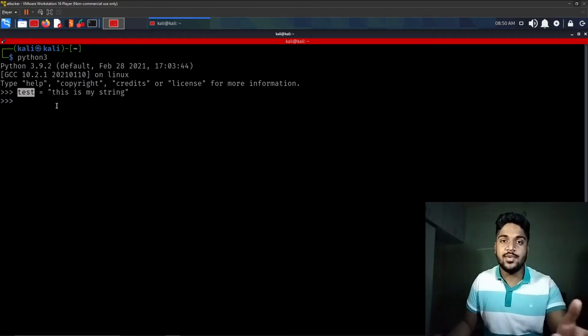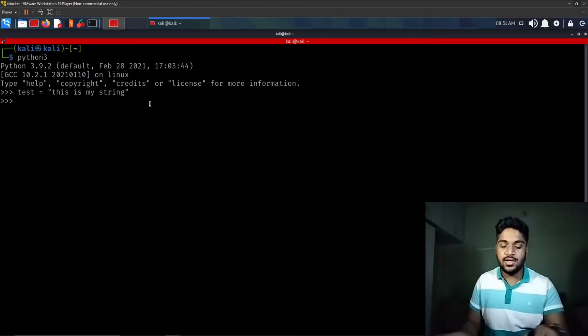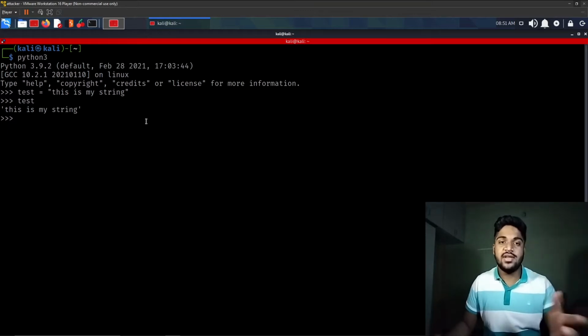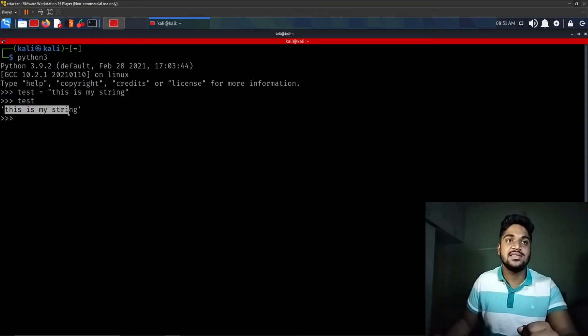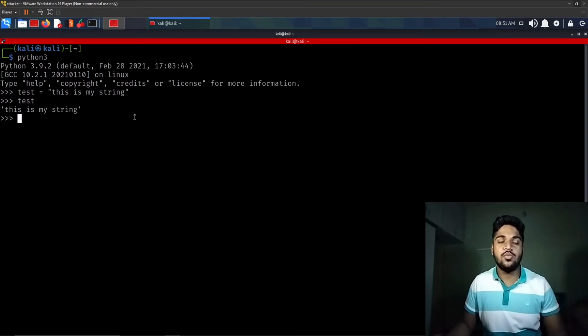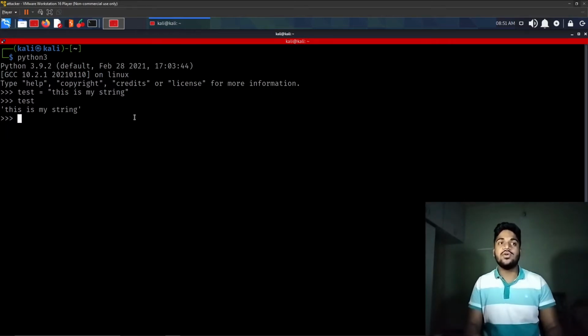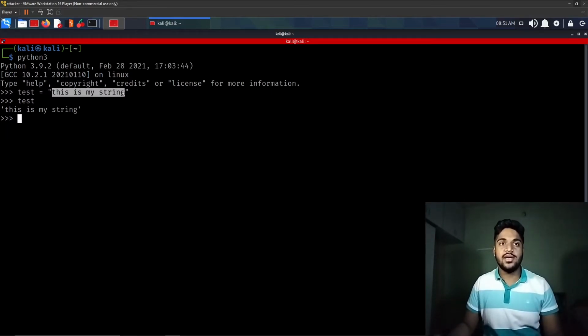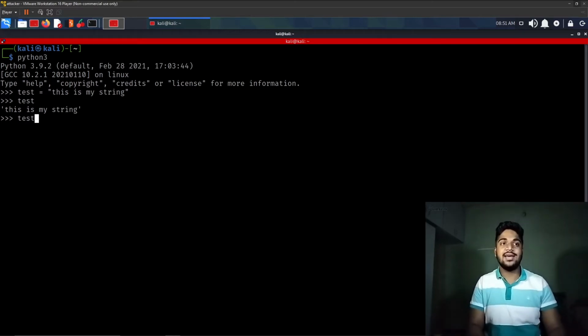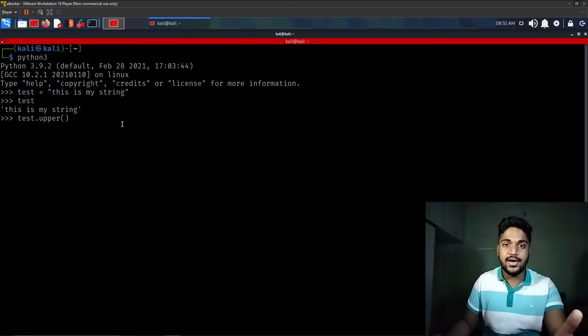The test variable contains this value, and I can verify that using test, and this is my string is outputted. Now this whole string is in lowercase, and I can convert that into uppercase using test, the variable name, and upper with the two brackets, and this will convert the whole string. This is my string in uppercase.